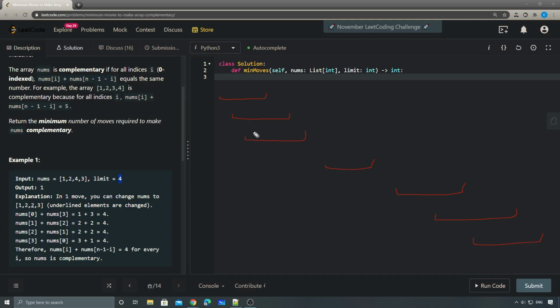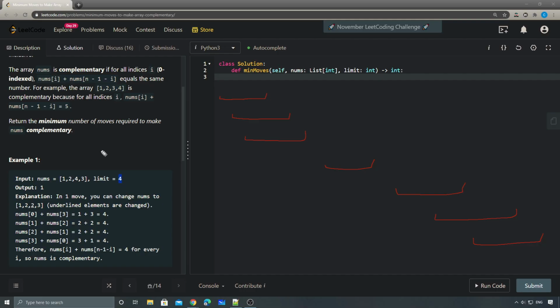Now we want to find the most overlapped range, because anything outside of this range,